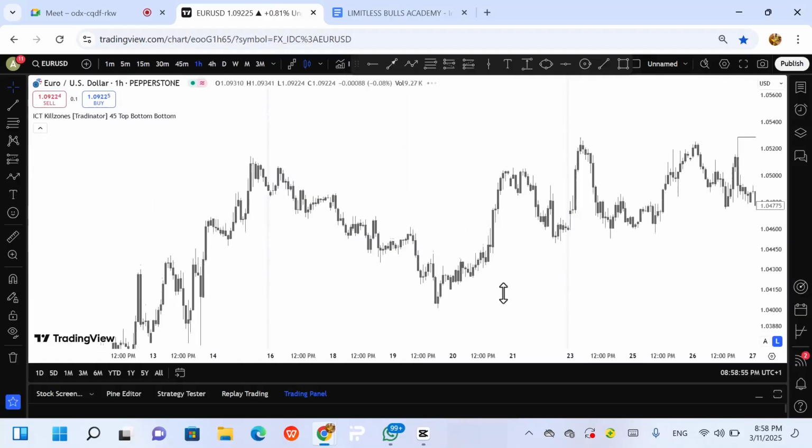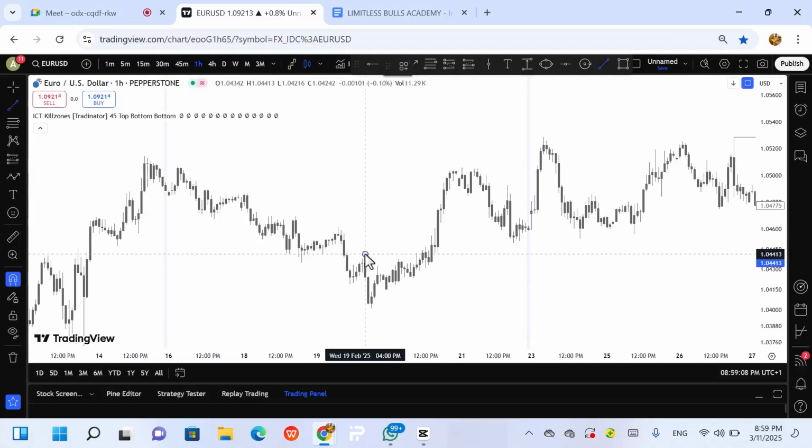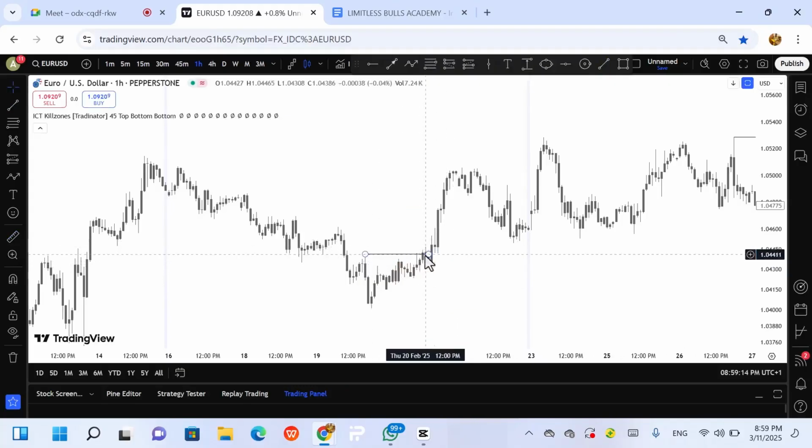Okay, now looking at this, what is this? This is first of all a high. This is a lower high, lower high, lower high, lower high. So what happened at this point? There was a market structure shift at this point, and we can tag that to this good bullish candle. After this market structure shift, you see that there was a sign of strength, and the market started pulling up. So this is an example of a market structure shift.